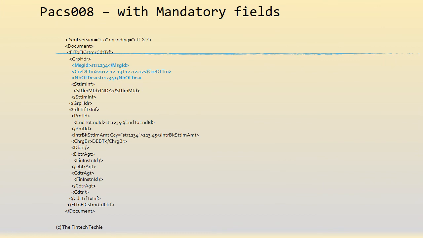So coming to the same PACS message as we saw, if you look at the blue shaded ones, these are the sample ones which we saw are the mandatory ones, and this actually indicates how many transactions are there in the file.